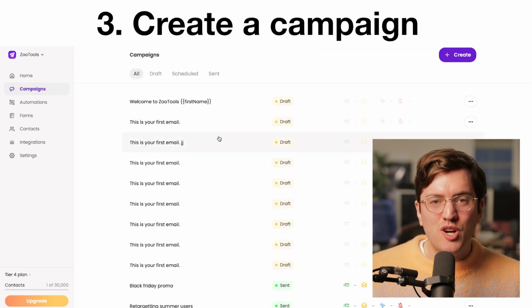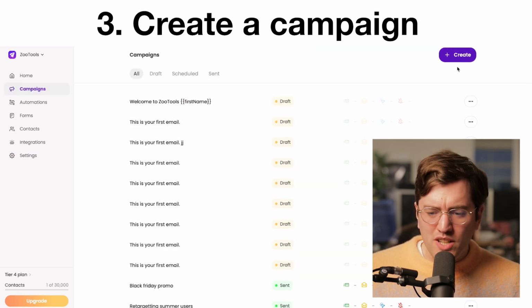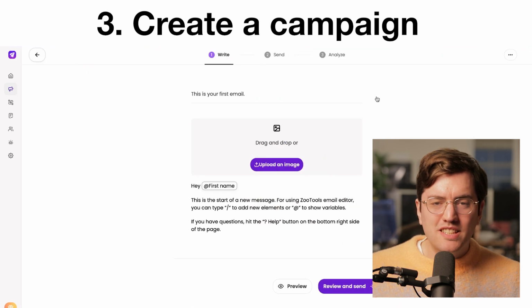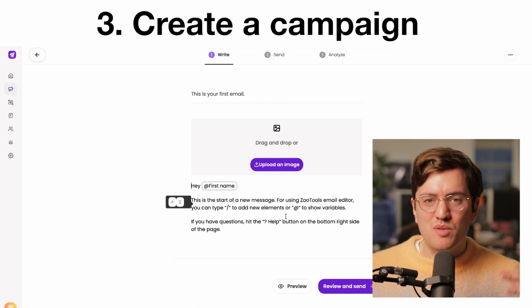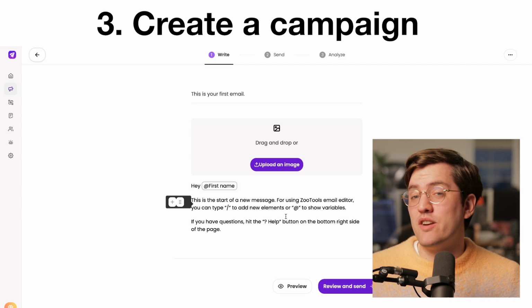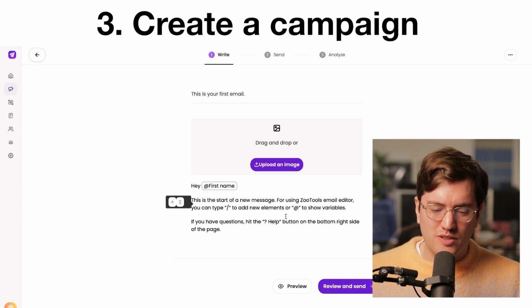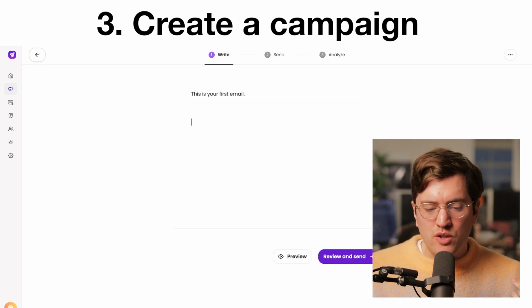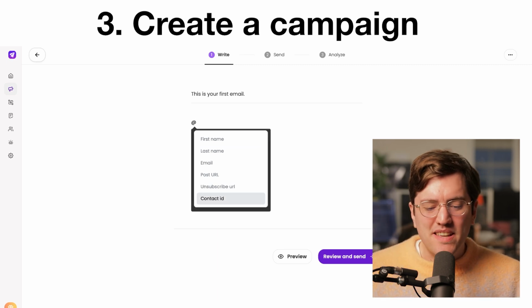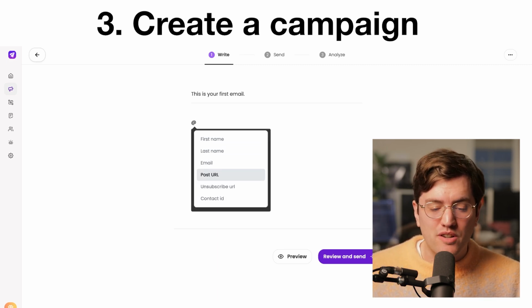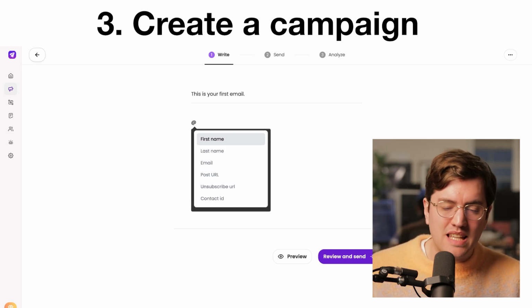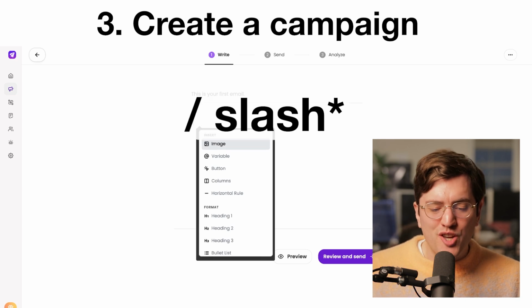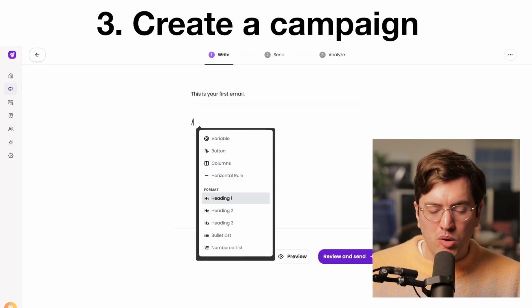Awesome. Now let's actually go to the campaigns tab, and I'm going to create a new campaign. You will see that the email editor on Zootools is very simple to use, very similar to Google Docs, Superhuman, or Notion if you are familiar with those tools. There are two shortcuts that are extremely useful. One is the @, which is basically for adding custom variables of your customers, such as the first name, last name, etc. And if you type /, you will see all the different widgets and blocks that you can insert